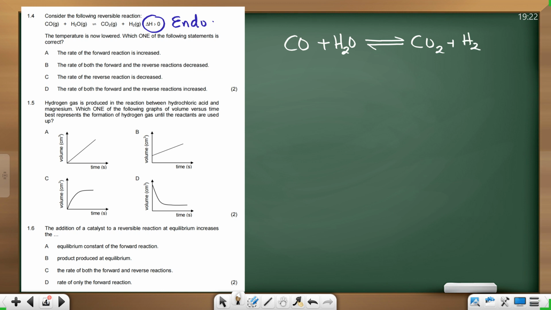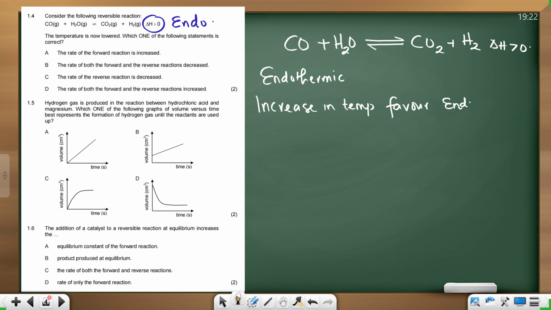CO2 plus H2. This is greater than 0. It is endothermic. Okay. Now the examiner says the temperature is lowered. One thing I know is this, that an increase in temperature will always favor the endothermic. An increase in temperature. Don't forget the statement. An increase in temperature will always favor the